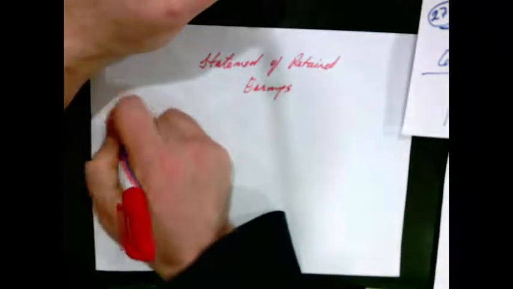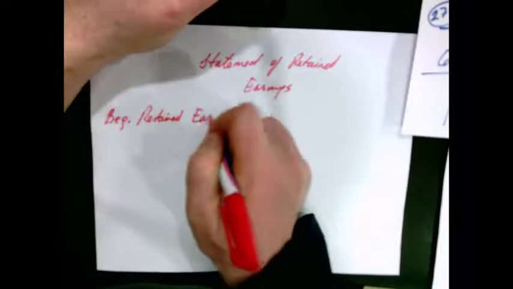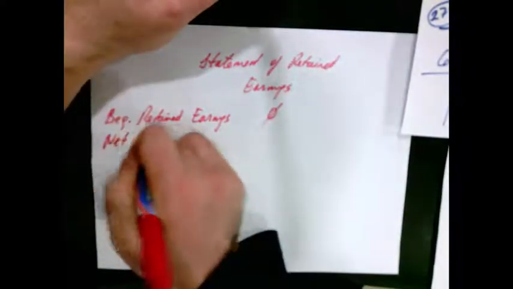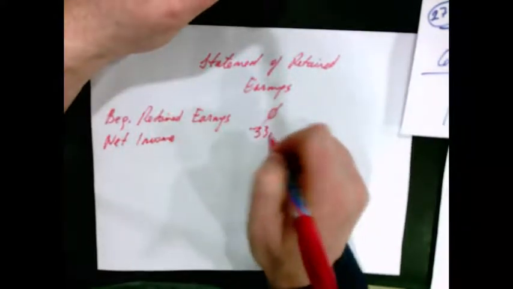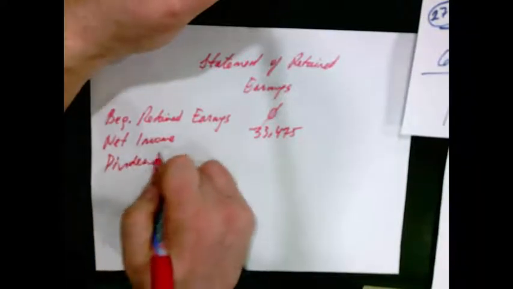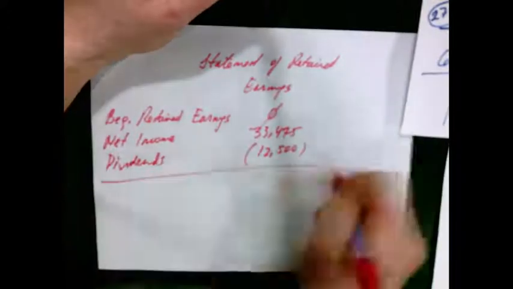Statement for retained earnings. Beginning retained earnings 0. Net income was 33,475. Dividends were 12,500. So that gives us ending